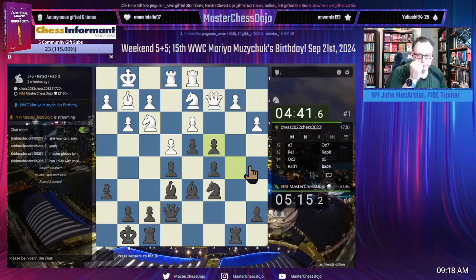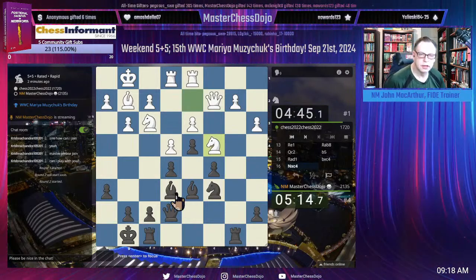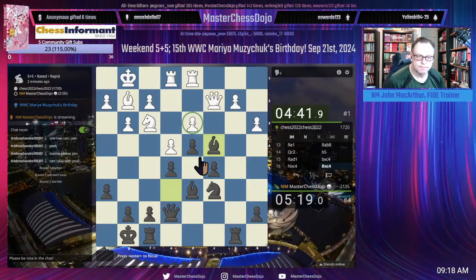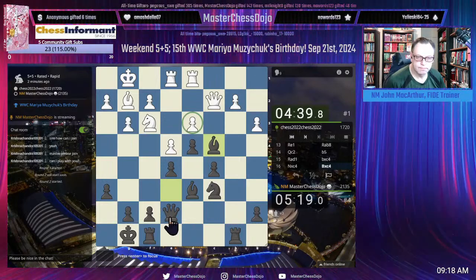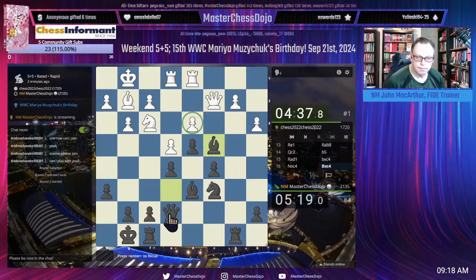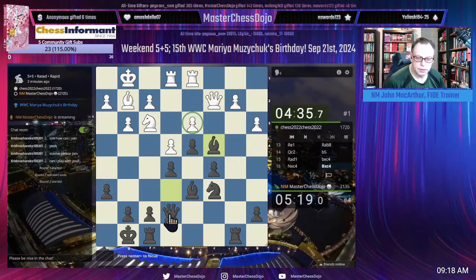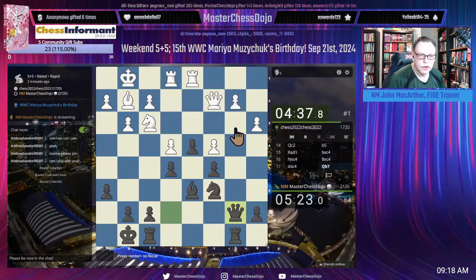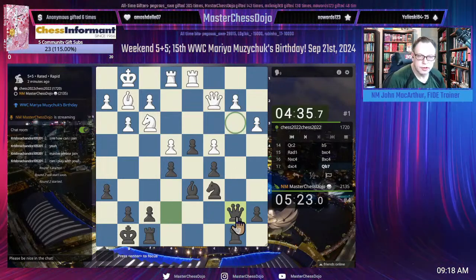I think we have a protected passed pawn. And a good square for ourselves.